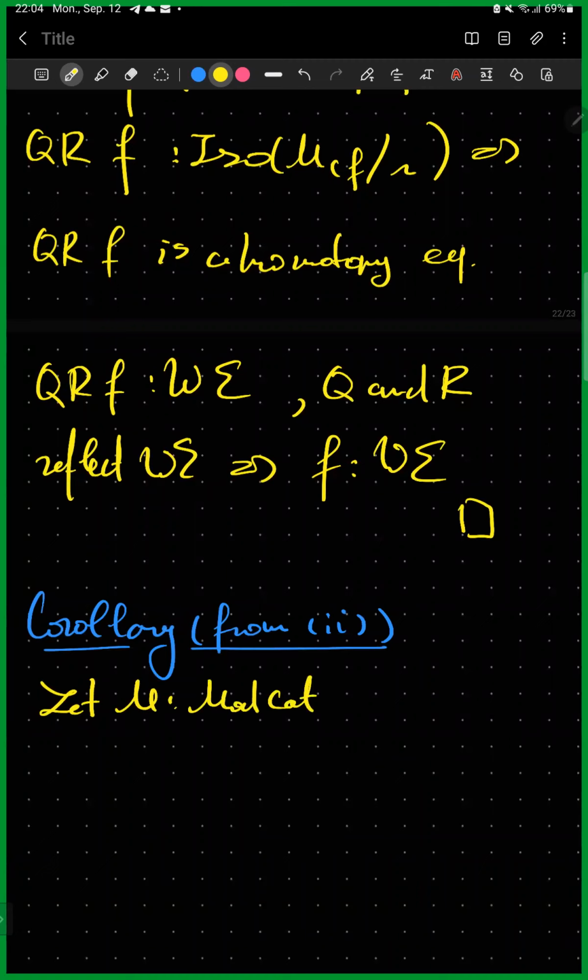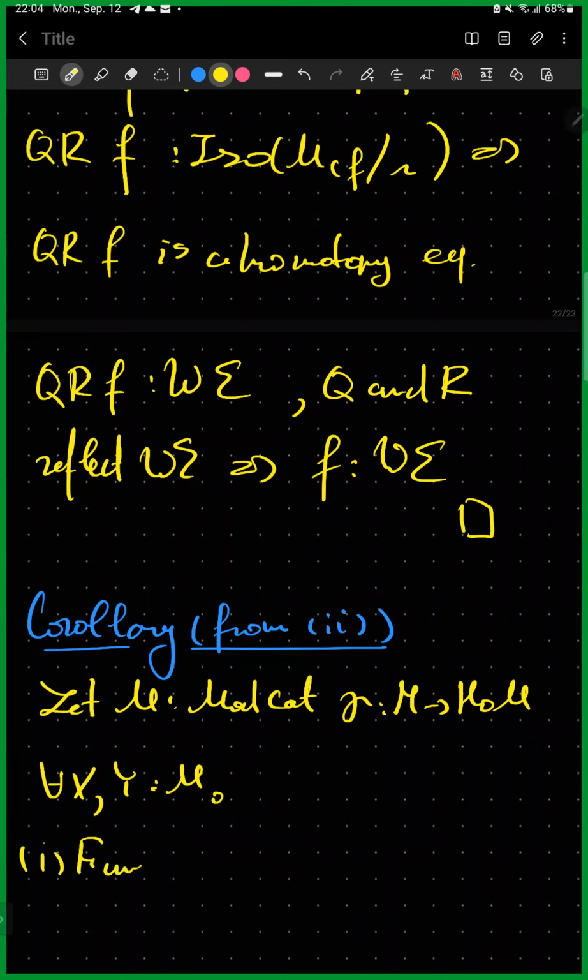Let M be a model category, gamma the localization functor. Then for any two objects X and Y in M,